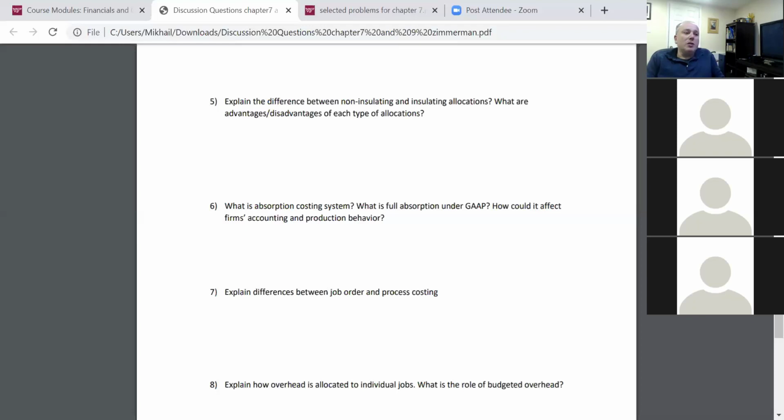Some of my early work that was published, I think it was the second or third paper that I published in my career, we looked at that and we found that companies that have high fixed costs tend to do that. They are more likely to overproduce when they have, for example, incentives to meet earnings benchmarks